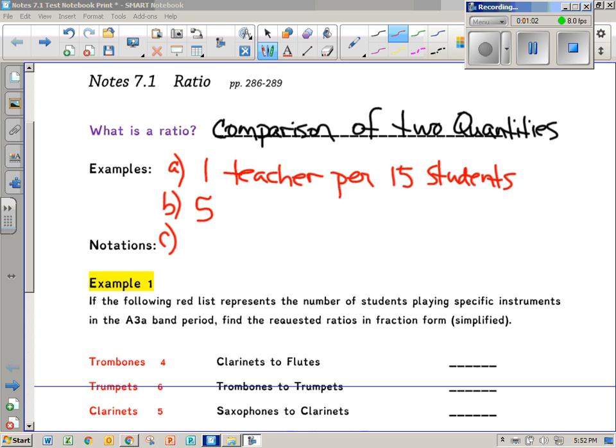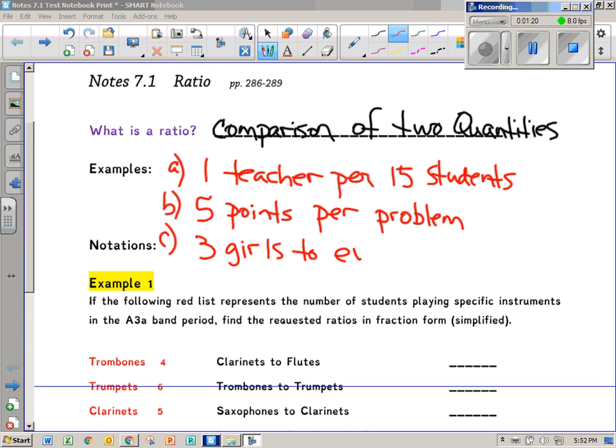We could compare 5 points per problem, say on some quiz. Or we could compare 3 girls to every 2 boys. So those are some comparisons in words, but they're not exactly ratios, but ratios can represent each one